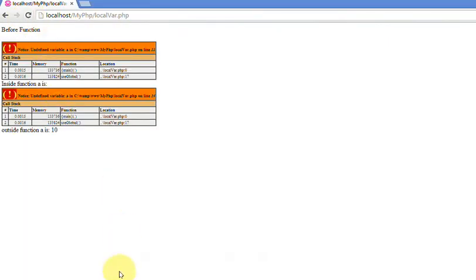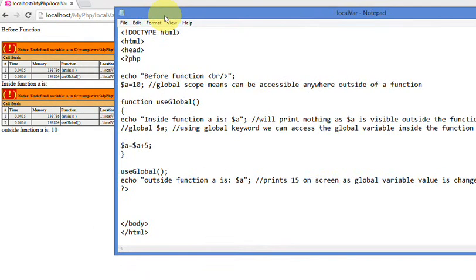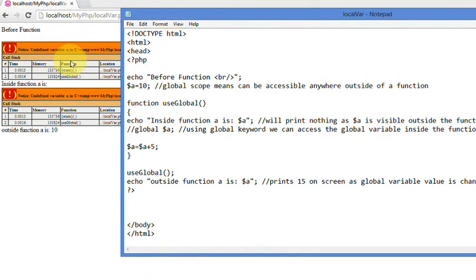It shows an error because a is not available, undefined variable a. Here I am trying to print inside the function a is, and it doesn't print any value because we can't access the global variable a directly inside this.